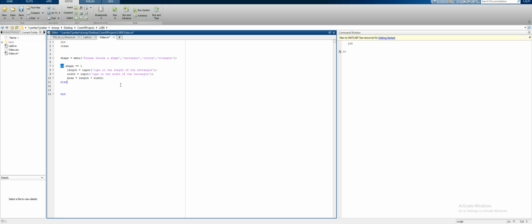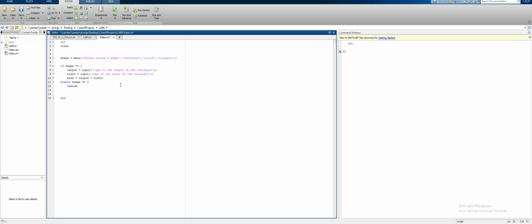Then we want to check the condition. Okay, well, I decided I want to choose circle, so that would be if shape is equal to the value of 2, because 2 is the second choice, and shape will be assigned the value of 2 if you choose the second choice, and the value of 3 if you were to choose the third choice. So we need another equal sign there, and so we will make that 2,